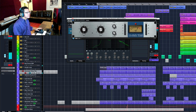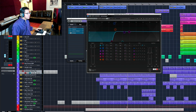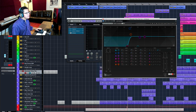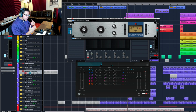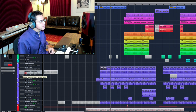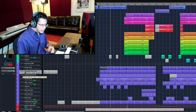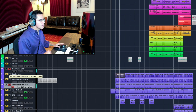I'm running kind of old school 1176 revision A, great grit, dirt, cool sound on that compressor. And then the last thing I did was rolled off a little bit more of the low end. I think what was happening was once I ran the 1176, it was compressing and bringing back some of the subs that I had taken out, and it's just adding to the whole kind of a hip hop, old school hip hop sound. Addictive Drums, first sample loop,